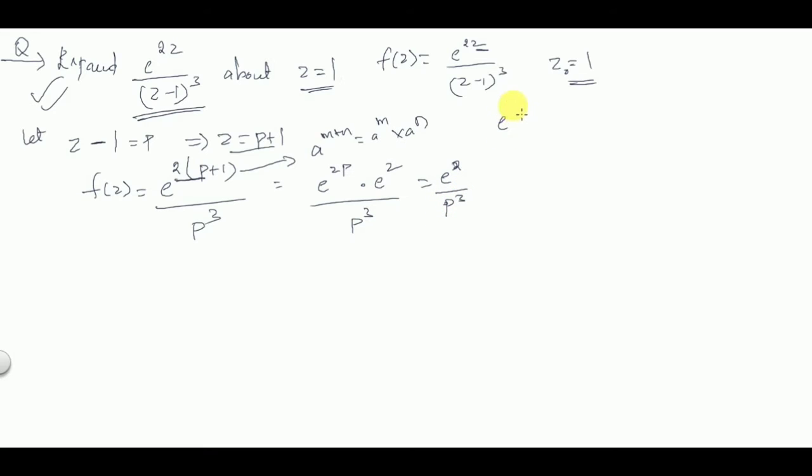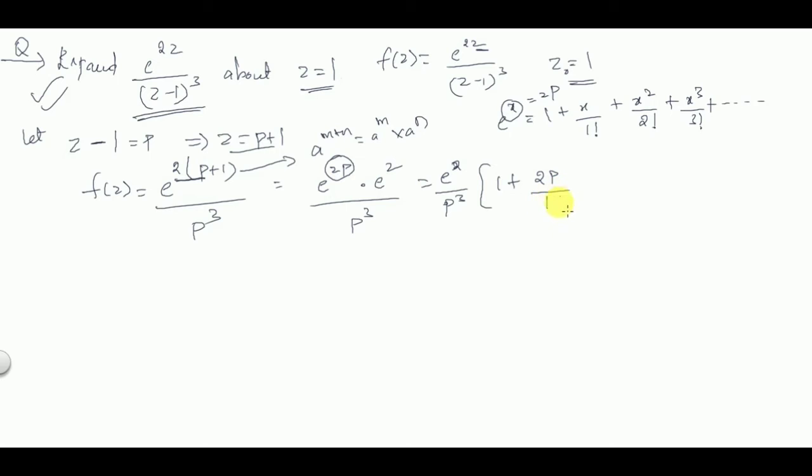So what is the e power x expansion? It is 1 by 1 factorial plus x by 1 factorial plus x square by 2 factorial plus x cube by 3 factorial plus so on. Now in the place of x you have 2p, so x is equal to 2p. I am writing the expansion of e power 2p, so that will be 1 by 1